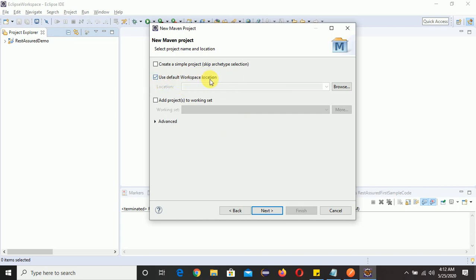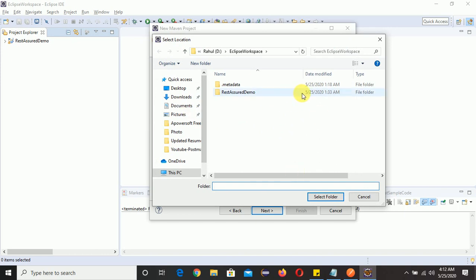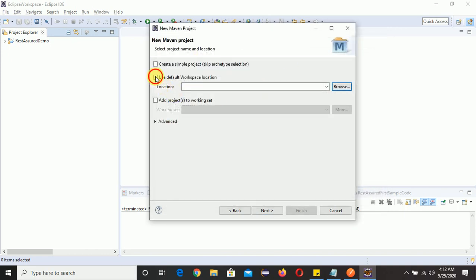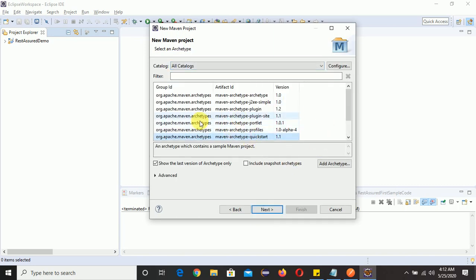But suppose you need to change the workspace location, then just uncheck it and you can browse your location according to your need. But I will be using the default location only. So click on Next and this is by default 1.1. So I'm not going to change here.